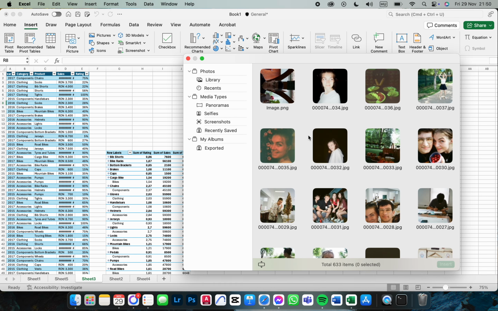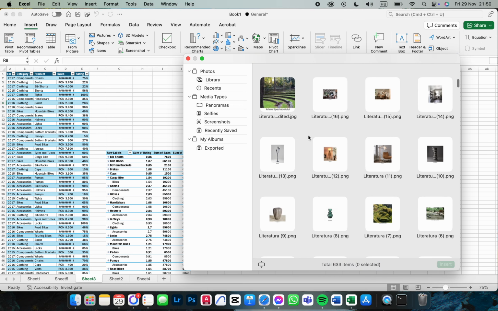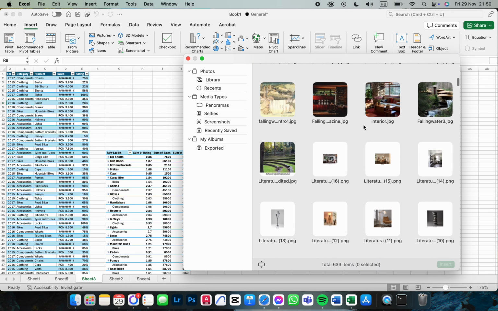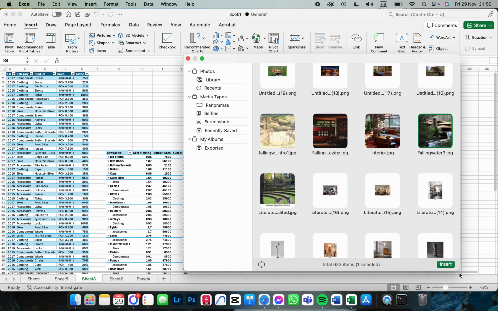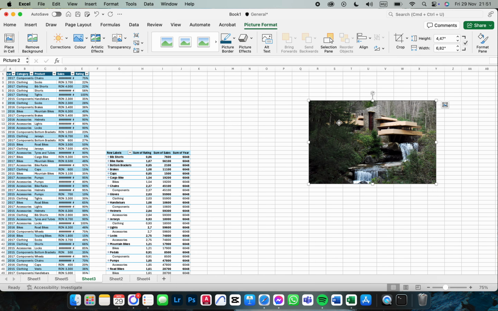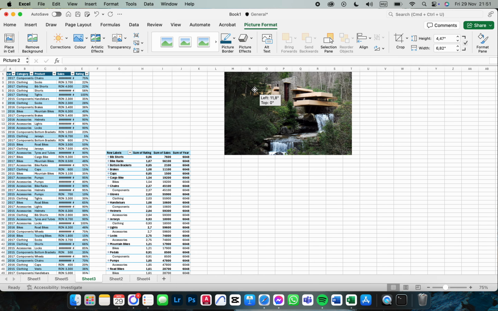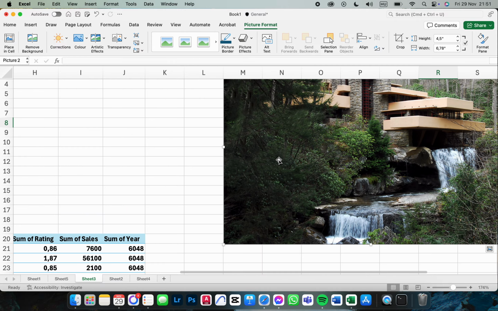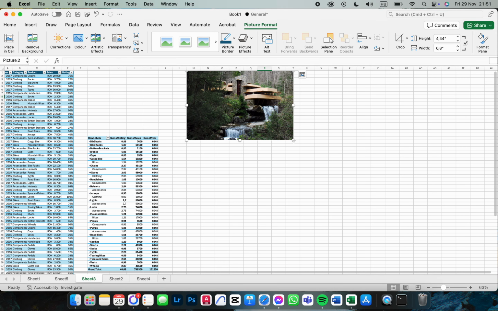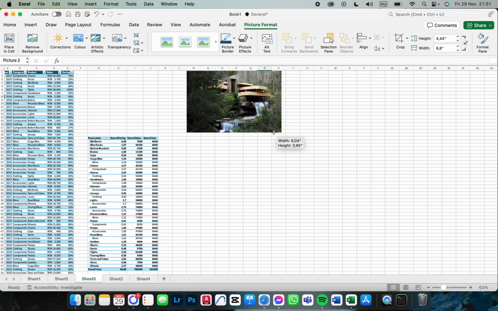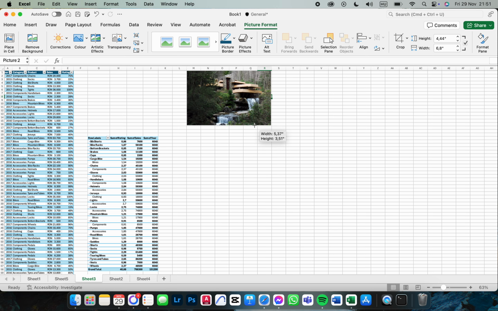We can click on allow all access to all photos, and then let's insert this image. And as you can see, this image is going to be inserted right here. We can resize it to our liking,